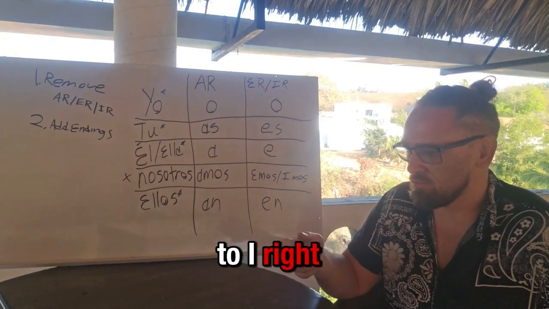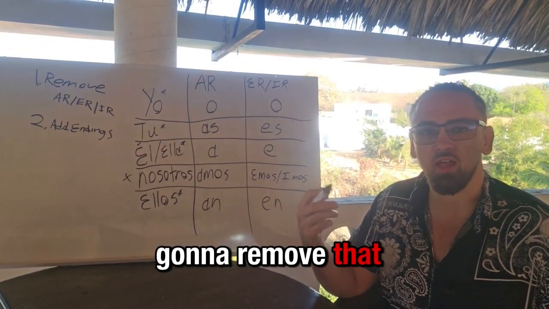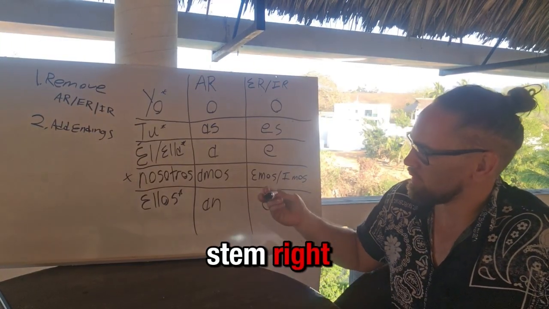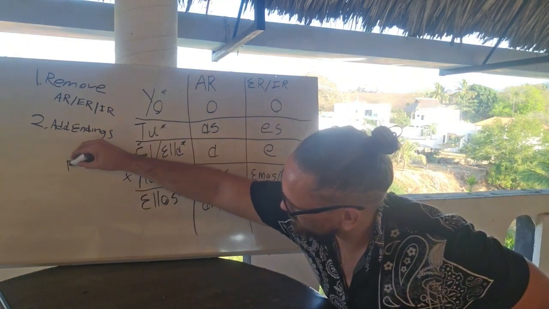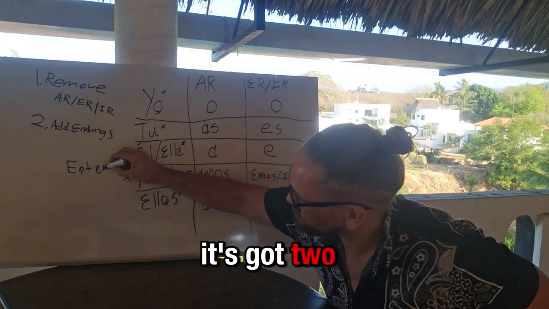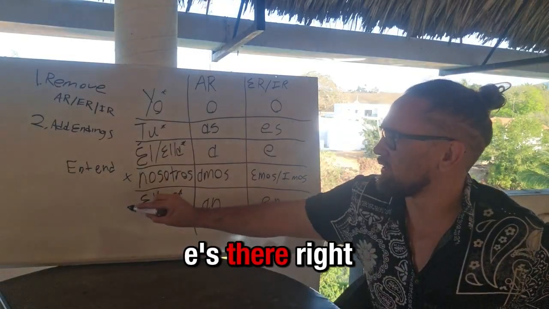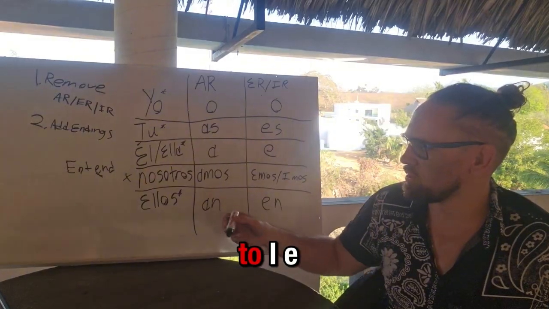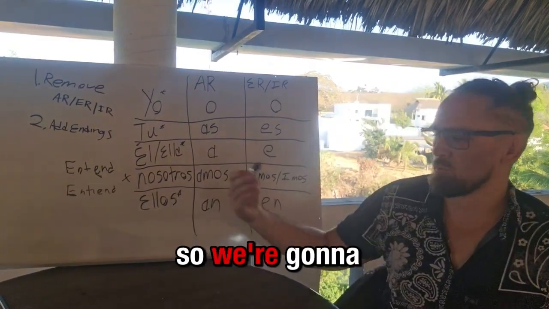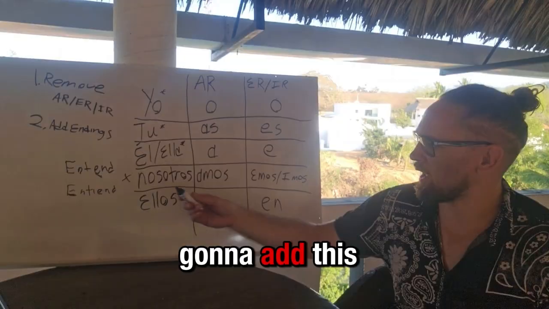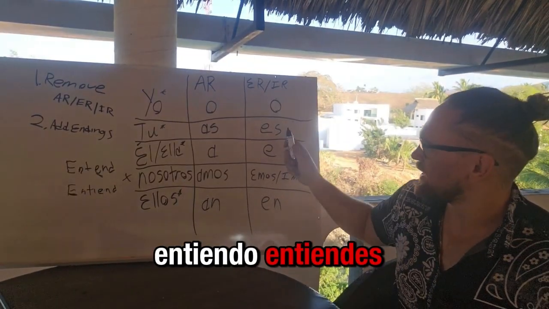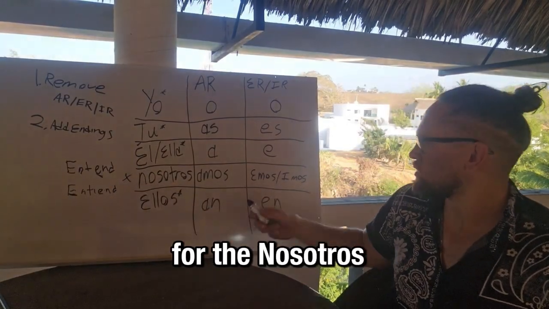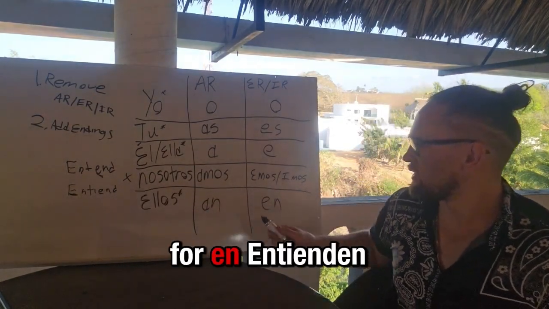For that E to IE, step 1, we're gonna remove that ER off entender. Then that last E in the stem, because if you look at entender, it's got two E's there, right? We want this E. That's the one we're gonna change to IE. So we're gonna get entiend, and then we're gonna add the endings. Entiendo, entiendes, entiende. We go back to the original stem for the nosotros, entendemos,